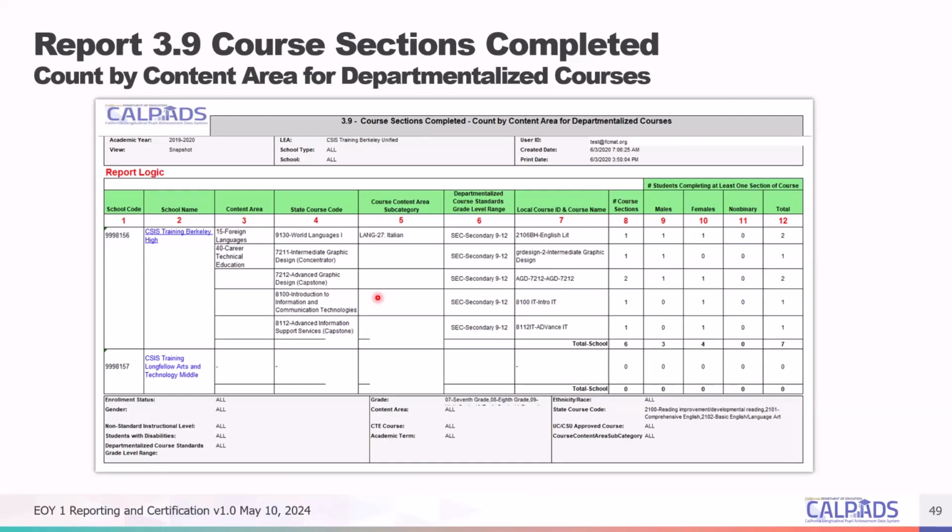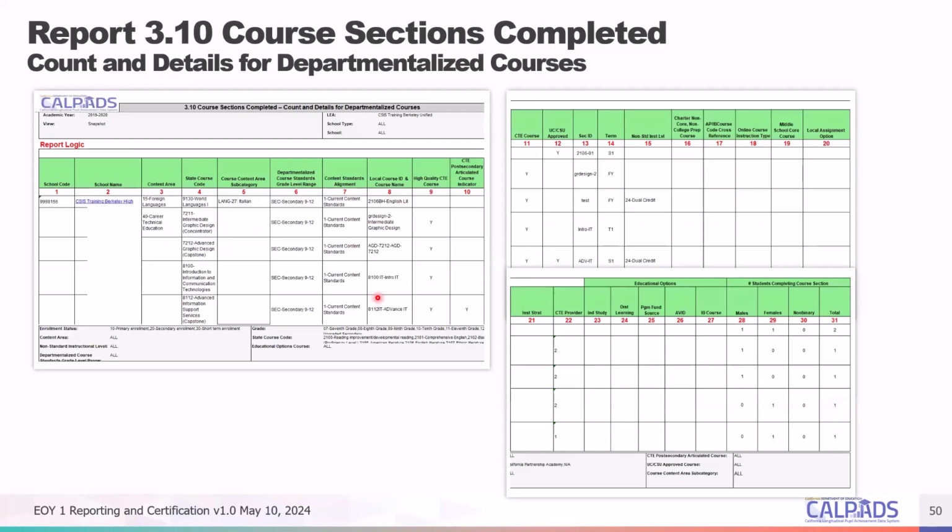All right, moving on to the next report, 3.10. This is essentially also a report that provides you the counts of students. However, it provides you more details based on the attributes in the CRSC file, right? So if you have a course, it provides you the type of grade level range, again, the content standards, local course ID information.